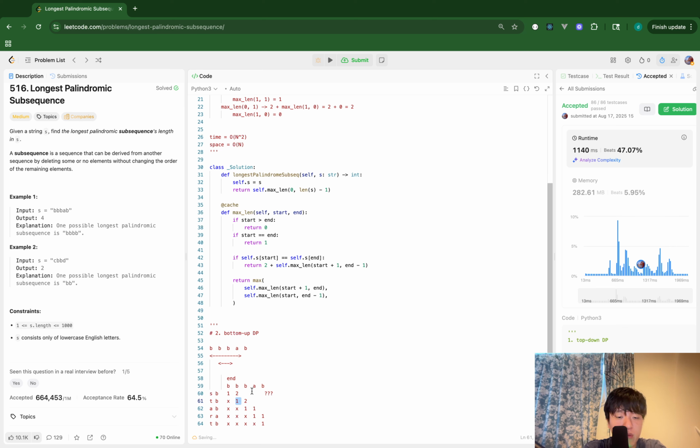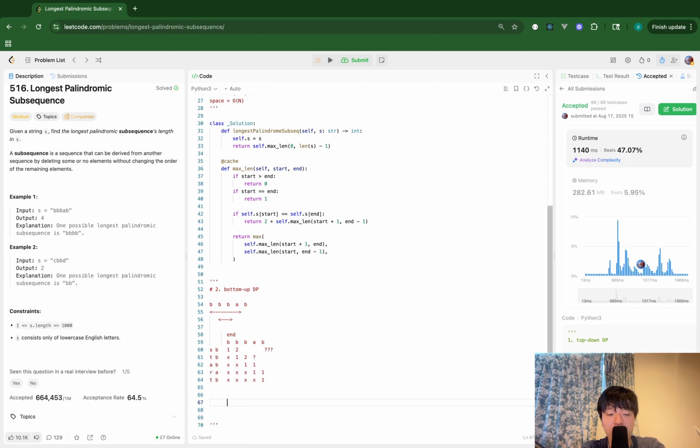For example, this one should be BBA. B is not A, so I will think of the inner strings BB or BA. BB is this one, and BA is this one. So I can say,